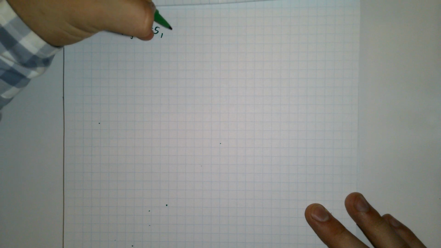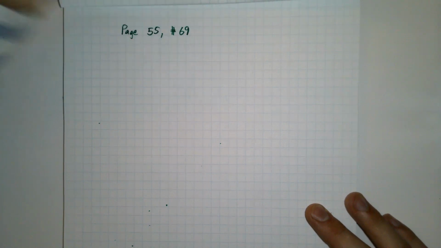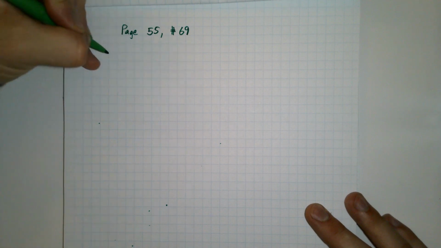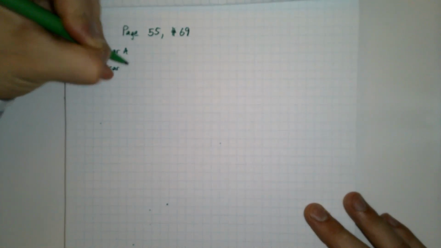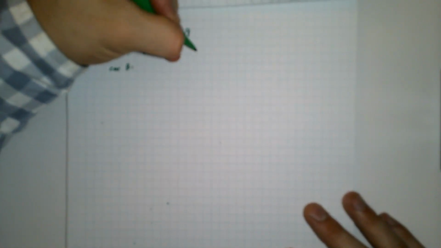All right, let us begin. We're going to be working a problem from page 55. This is problem number 69. We know that there are two cars in this problem, car A and car B. At time 0, when no time has passed, and we begin our investigation of these two cars in their motion,